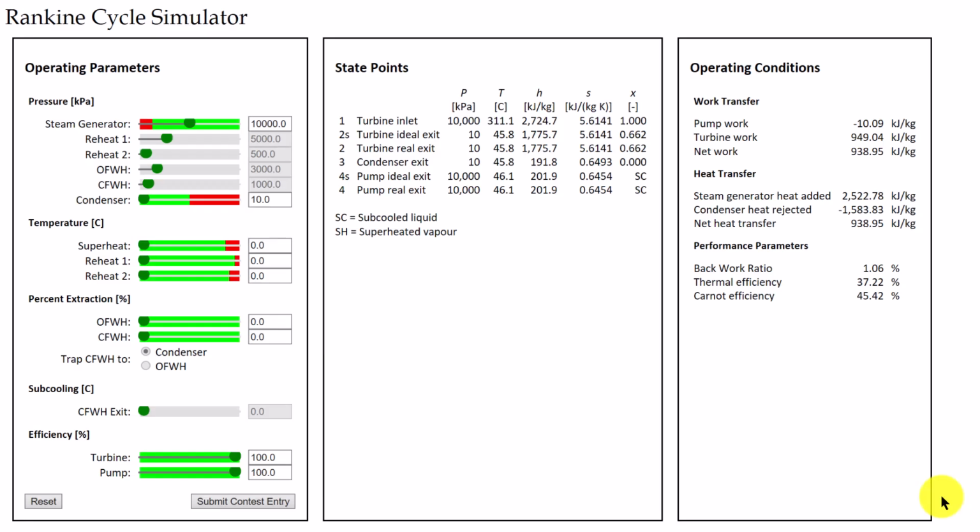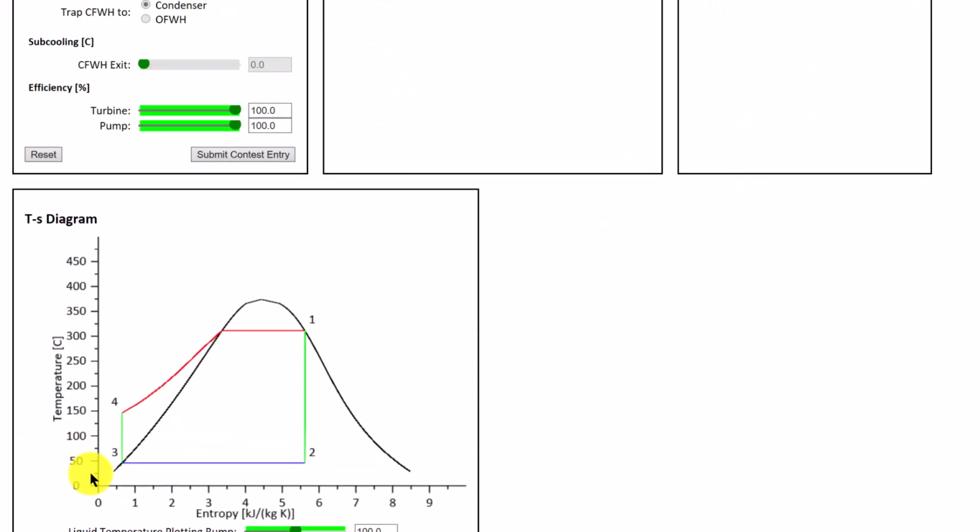In this demonstration, we want to talk about reheat in a Rankine cycle. So I've started up the Rankine cycle simulator here, and it's still in its baseline conditions. So if you hit reset, you'll be sure to have those same conditions. And if we look at the TS diagram, the baseline conditions here are very unrealistic because the exit of the